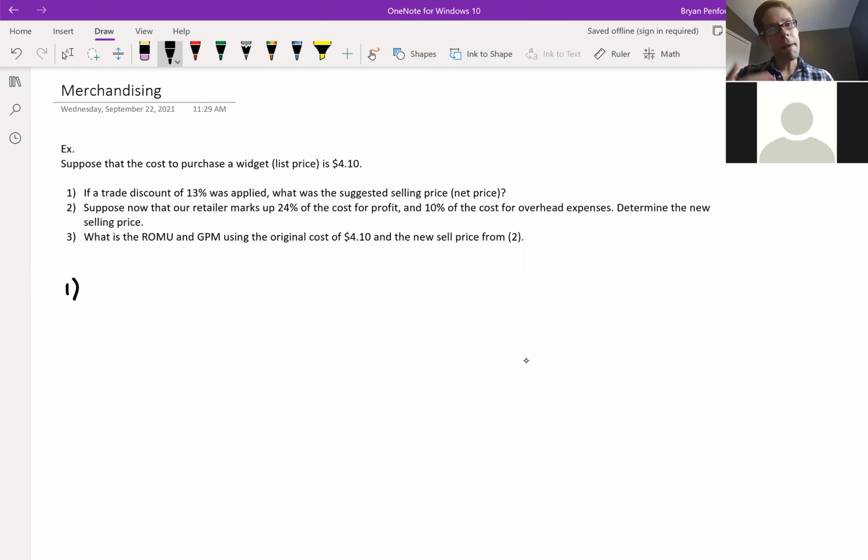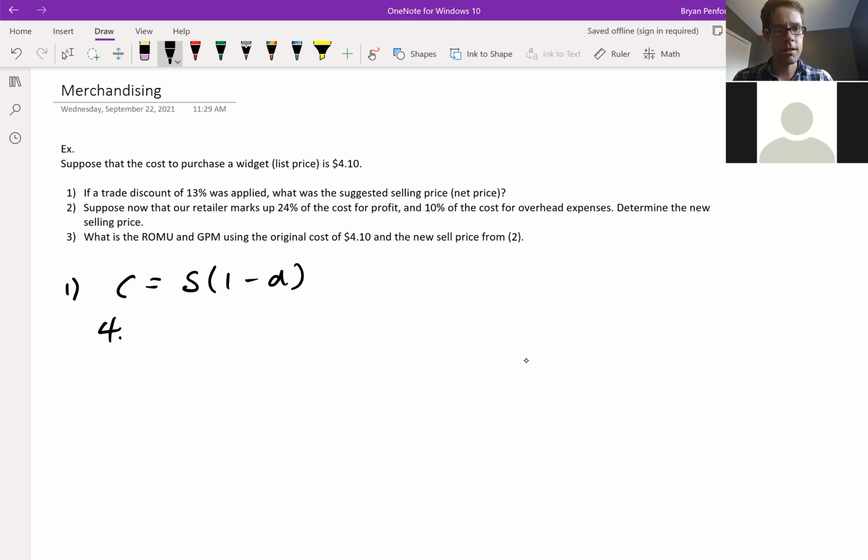But what happens in the background is sometimes we have other people, like restaurants, for example, that would like to bring our wine into the restaurant, and they're going to get a discounted price. They're going to get some kind of trade discount, and this is often called hospitality pricing. They get a trade discount on the actual face value price of that wine. So that's what we're doing right now. We're assuming that there was some kind of suggested selling price, and we are going to apply a trade discount to figure out